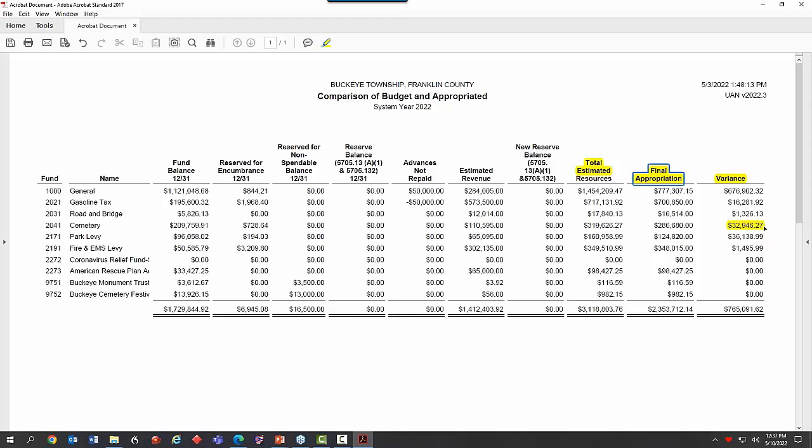However, budget isn't cash, is it? So while I can tell my board we can appropriate up to $32,000 more, the cemetery is a levy. I get the first half tax in early spring. I don't get the second half tax till September. So I have to also look at my cash because they want to buy the mowers now. So I have to look at my fund status report to see if we actually have the cash, because changing the budget does not put cash in your bank account.